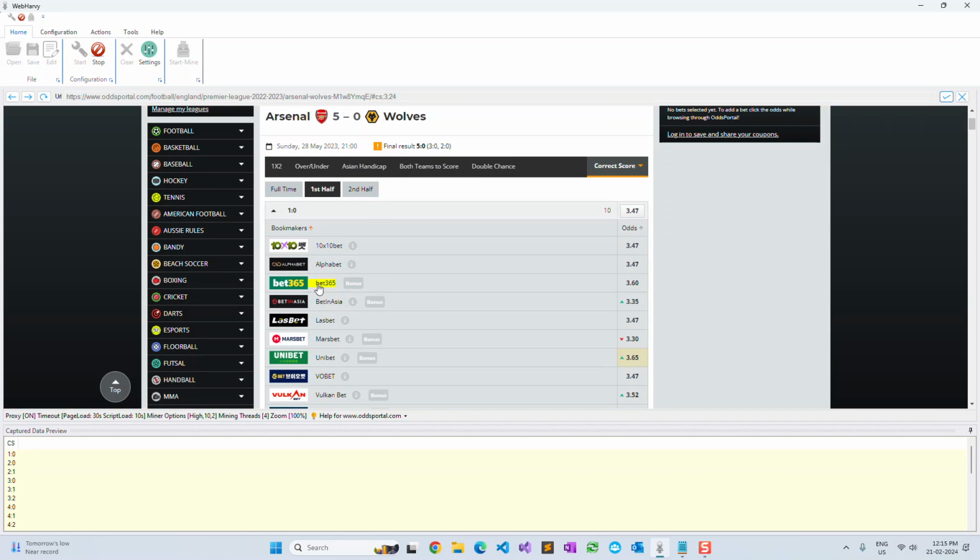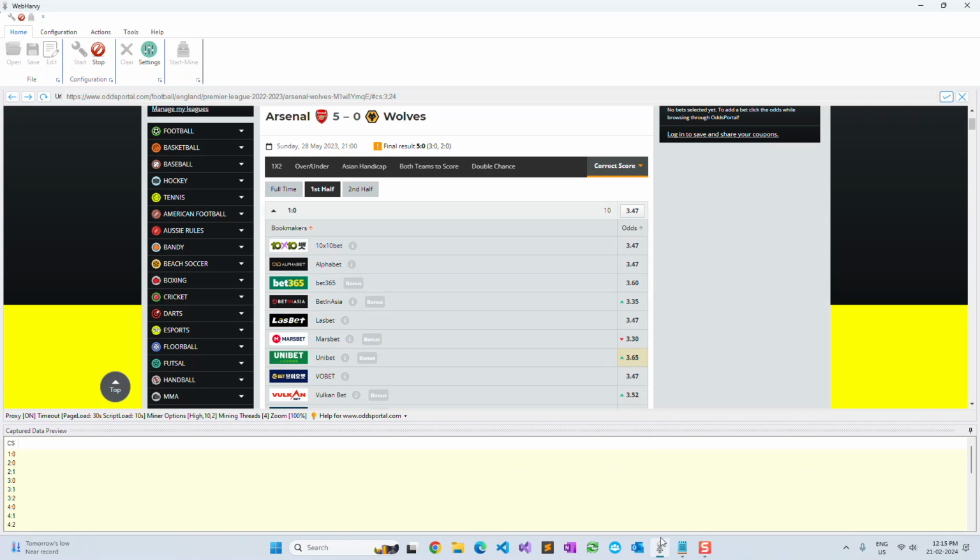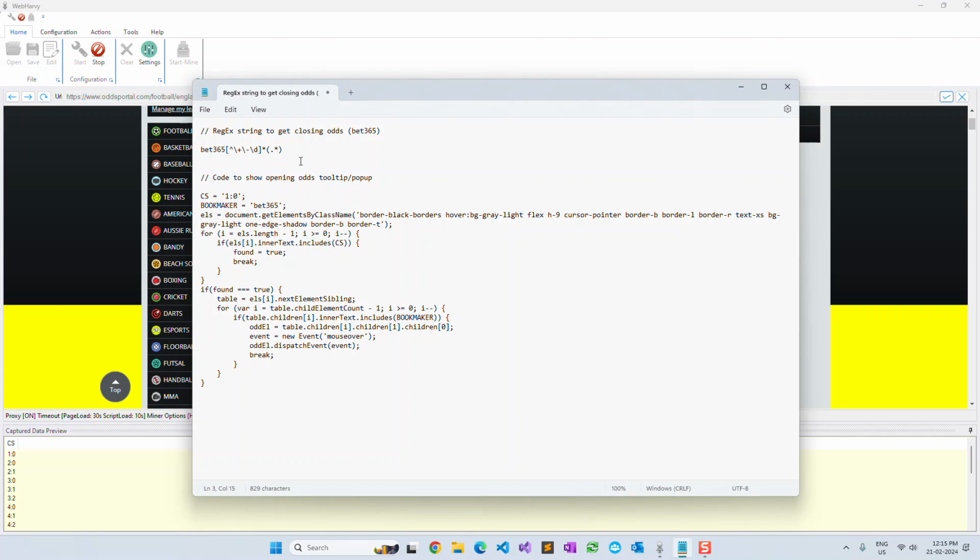Now let's see how we can scrape the closing odds for any specific bookmaker for all these scores. For this we need to use regular expressions. You can copy the regular expression from the video description below, and in this you can see the starting point. A starting portion is bet365. You can change this to the bookmaker of your choice. For example, if you want to get Pinnacle, you can just paste Pinnacle here and use the rest of the